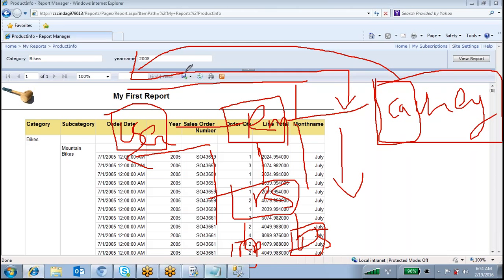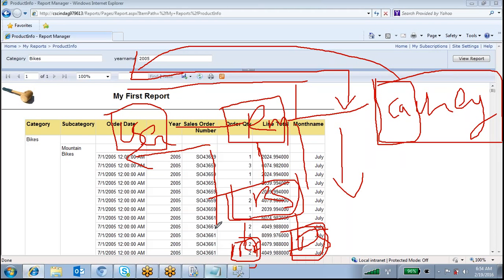Okay, so the first time you execute this report, it takes some time, definitely, because it is not cached. The first time it will take the report from the report server, report temporary database, and data source.